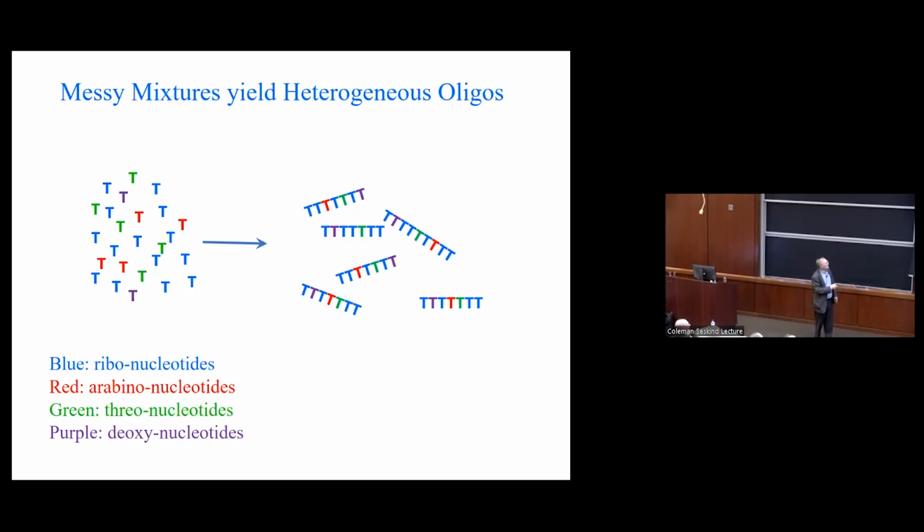All these different nucleotides can start reacting with each other and spontaneously building up short oligonucleotides, short chains that are random in sequence and also random in composition. And that does not look like a very good starting point for Darwinian evolution, right? It's so heterogeneous, and if you can't reproducibly make a structure, then how can you ever get anywhere interesting? Okay, so that was the problem.